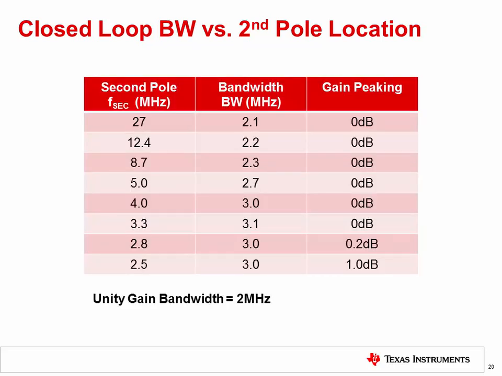This table summarizes the effect of the second pole's location versus peaking and closed-loop bandwidth. It is worth noting that the peaking effect will only happen for low gains. In later videos, we will cover the subject of stability and show more details on the concept of gain peaking. For now, it is important to be aware that gain peaking can occur in amplifiers with second poles in their AOL. Furthermore, this effect is normally included in SPICE op-amp macro models. Finally, the magnitude of the peaking should generally be less than a few decibels, and the change in bandwidth should be less than a factor of 2.